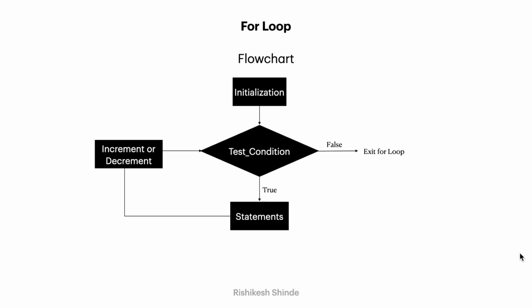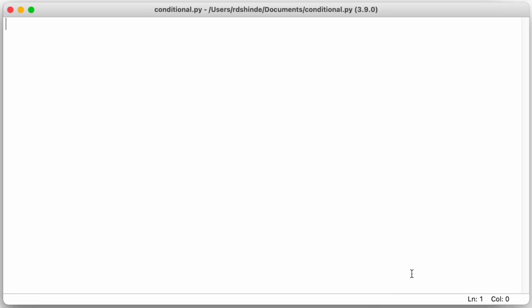Now let us write some code using for loop. So here we are going to write the same program that we had written for the while loop. It was a very simple program of printing the table of a number, which number is taken from user. So here I am going to create a variable. Now what we are going to do, we are simply printing table. So now I am writing the for loop. For that purpose we are using this for. Then again I want another variable, so for that purpose I am using this i.